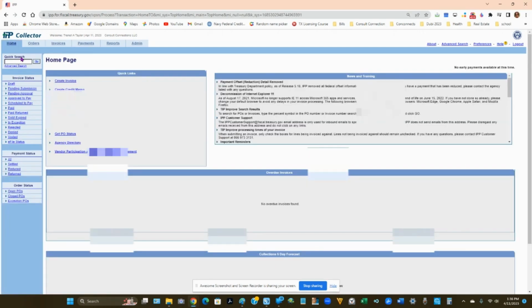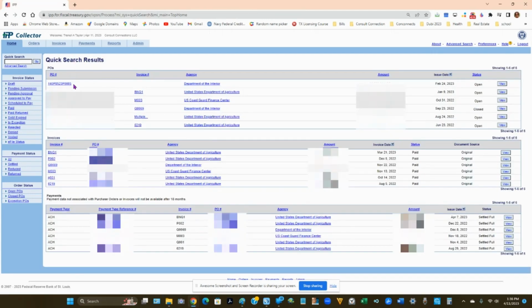Now, the third and easiest way to do it is to click the quick search option and click on go. This will pull up all your invoices: the invoices that are pending, the invoices that have not yet been serviced, and the invoices that have been paid out. Find your invoice. You're going to click either the view tab or the PO number,